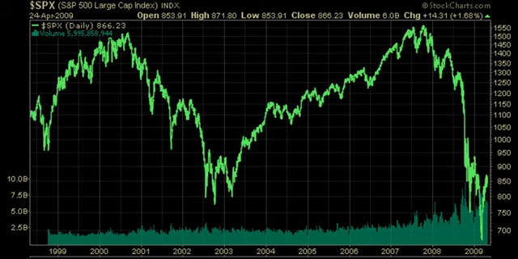A question many people ask is whether the market actually is going higher in real terms or in nominal terms, and there's a lot of confusion surrounding that issue. So in this chart, what we'll do is take a quick look at the S&P 500 during the period from 1999 all the way through to 2009.